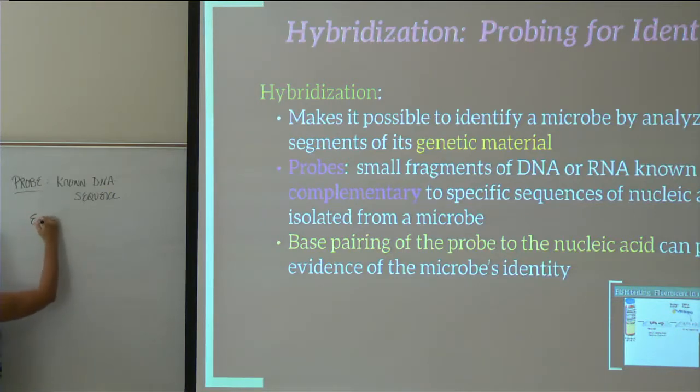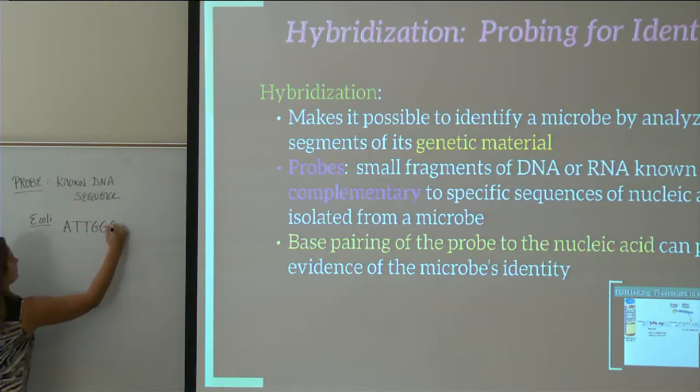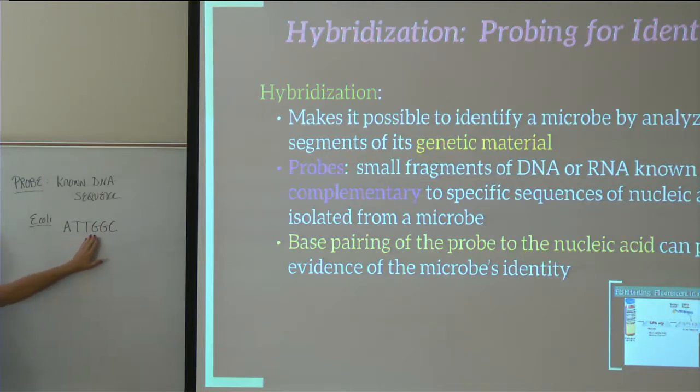So let's say E. coli. If you were to look at a certain strain of E. coli, it has these bases in a row. I put 6 bases on the board. We're talking hundreds, thousands of bases, base after base after base. That specific sequence, those bases in that exact order, is only found in that strain of E. coli. That's your probe. Mine is very short up here because I want to write lots of bases. I'm only using 6. It's based off the premise that you know this strain is E. coli. Now you have your unknown